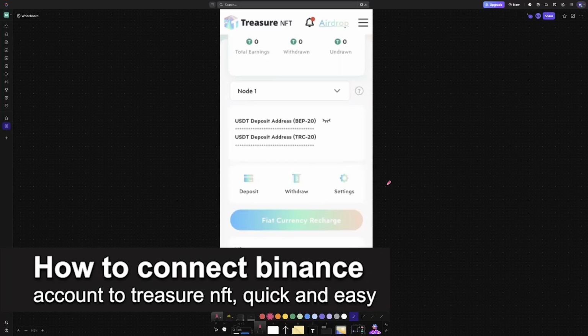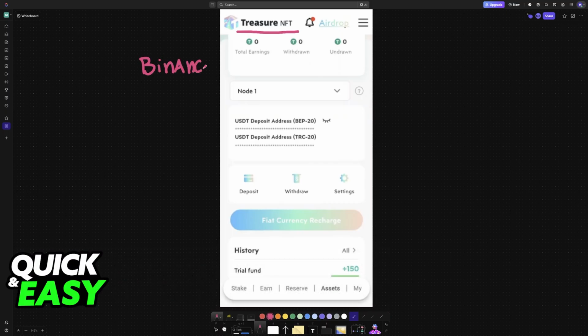In this video, I'm gonna teach you how to connect Binance account to Treasure NFT. It's a very easy process, so make sure to follow along. In this video, I'm gonna give you easy to follow instructions on how to properly set up and connect Binance